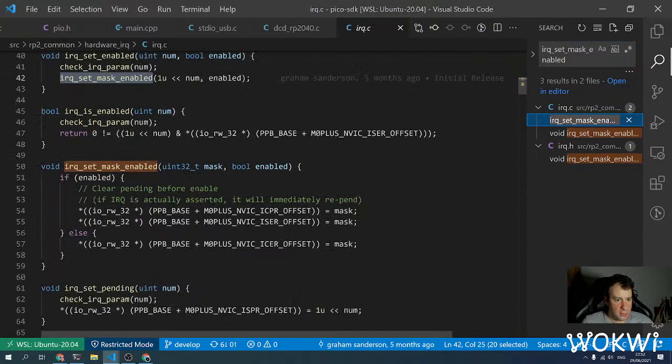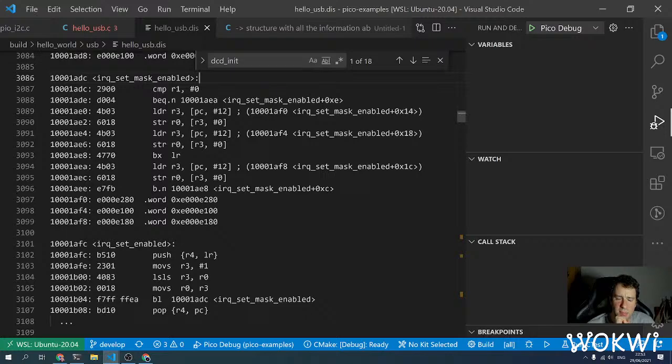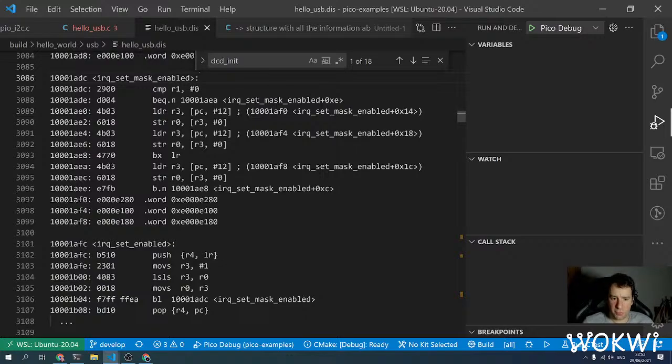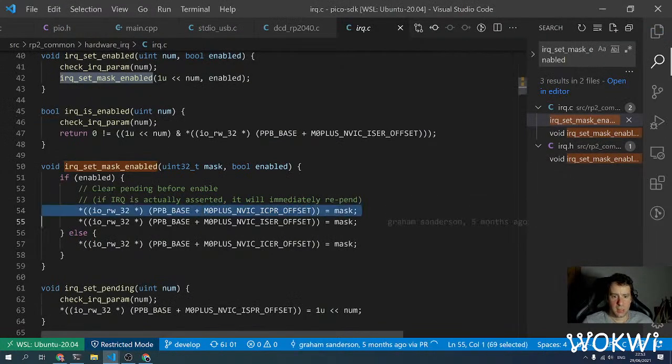IRQ set mask enabled. Oh, it depends whether we get ICPR, ICPR, clear pending before enabled. If the IRQ is actually asserted, it will immediately repend. Interesting. So I'm not getting something. If I'm understanding correctly from this comment, it means that